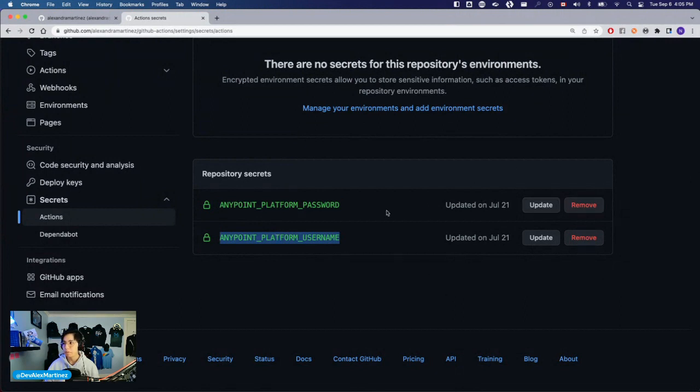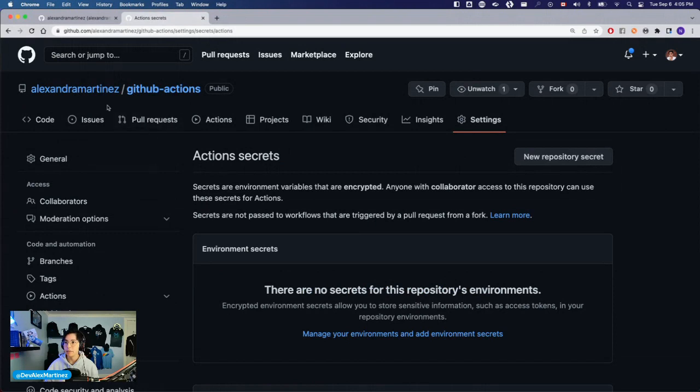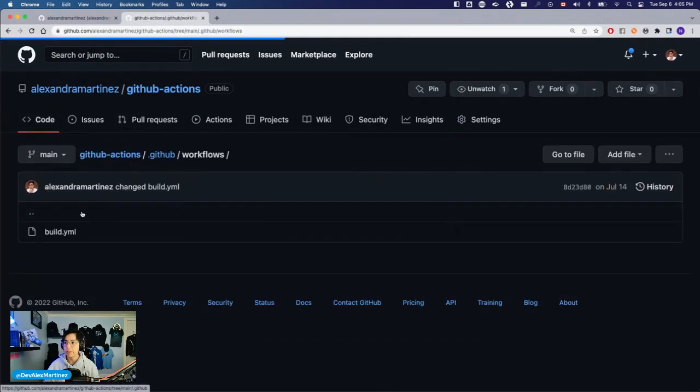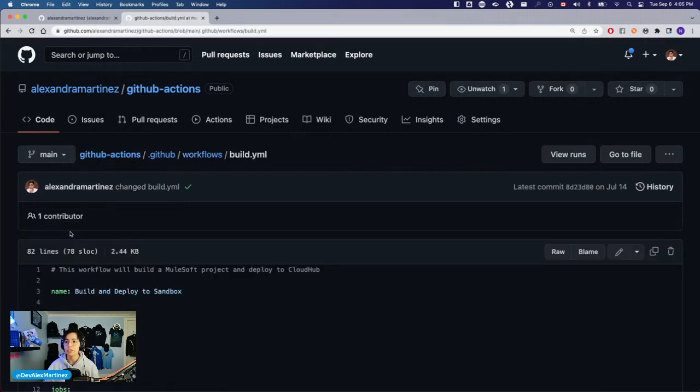These probably don't work now because I think my account is already expired, but it doesn't matter. That was just the overview of what we did to set up the GitHub Actions to deploy a Mule application